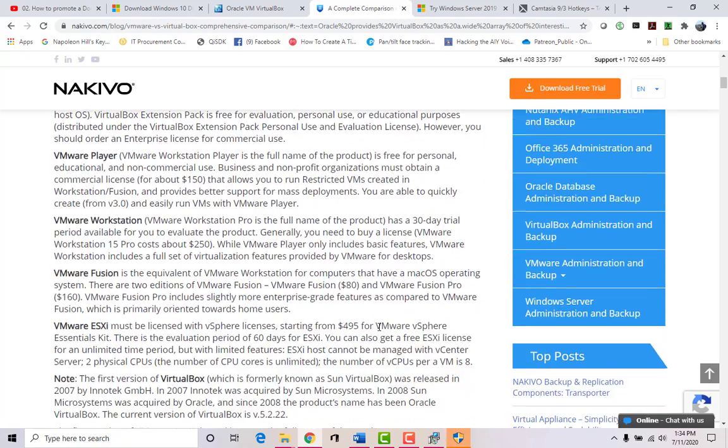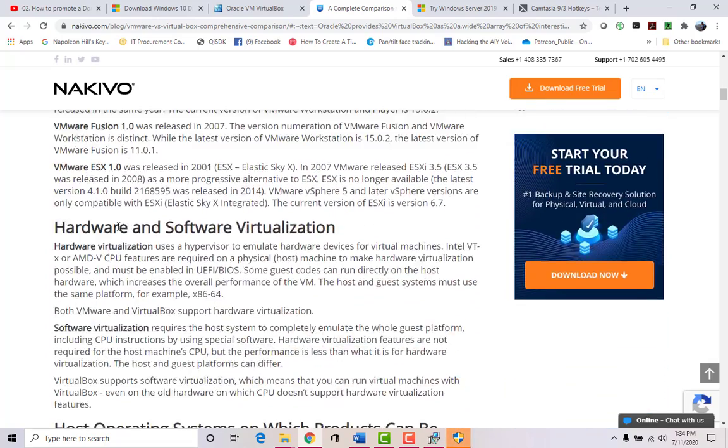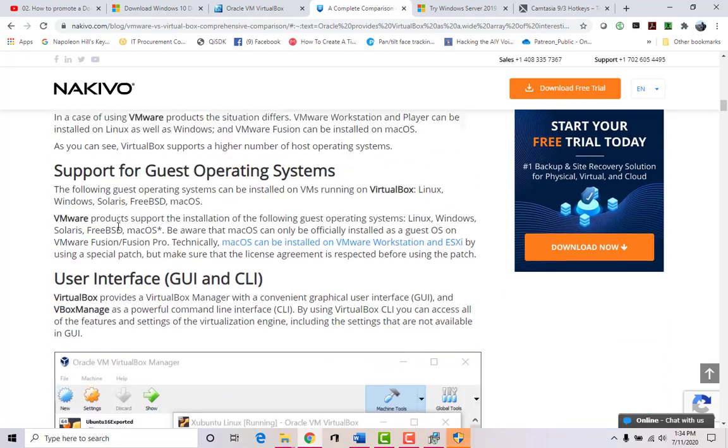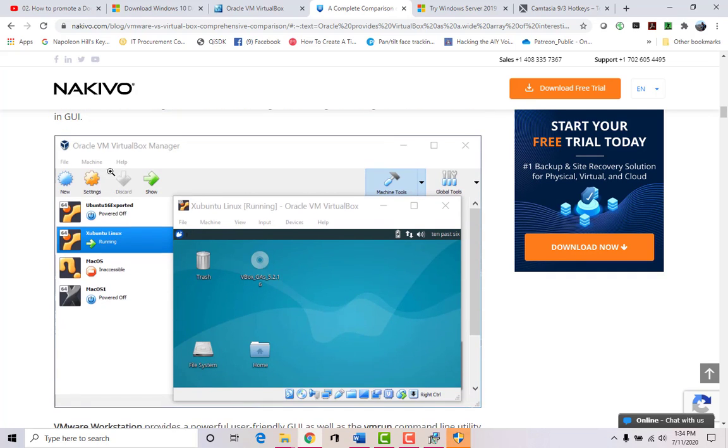So it just takes you through the different types of products that are out there, but again, I decided to use the free one that's called VirtualBox. So this is VirtualBox, for example, and you can have, again, multiple operating systems. You can have Linux, you can have a Mac OS running, and so you just install it and open it inside there, and you can do different things.